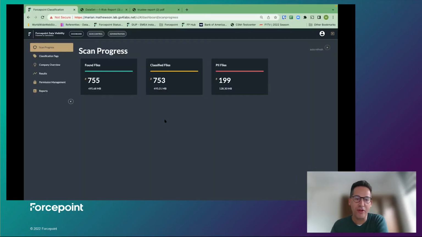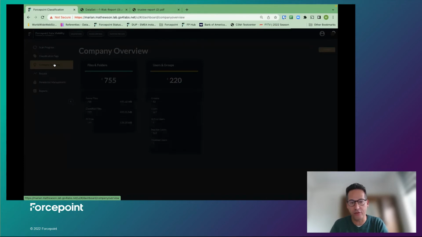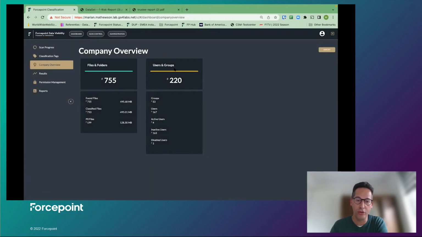So this is our lab environment where we set up a scan, and the scan is on our file share in this case. The system can scan other repositories, but for today, we'll focus on an Active Directory file share. So we have a total amount of files, some classified files and PII files. And the system has also been tied to, in this case, an Active Directory, where we have information on users, groups. We have active users, inactive users, and we can even scan for disabled users. And that relates to permission creep. Disabled users should not have any file access left anymore.